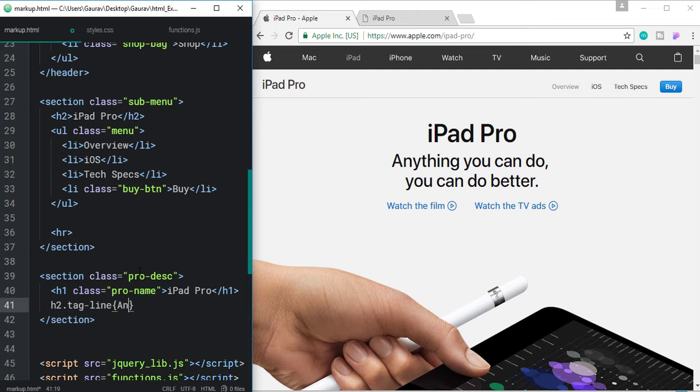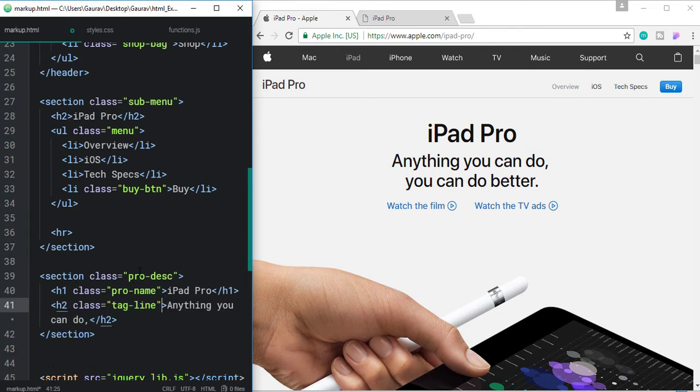Anything you can do, better. So anything you can do, and let's create a line break there, and after that let's type, you can do better. Yes guys, we can do better.